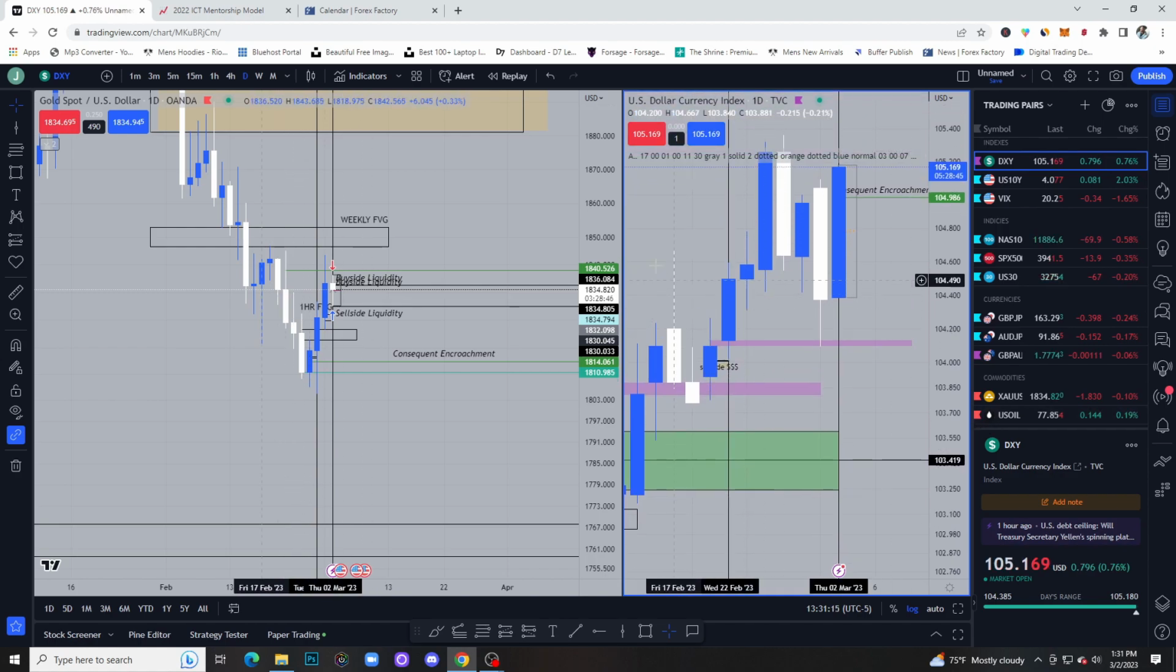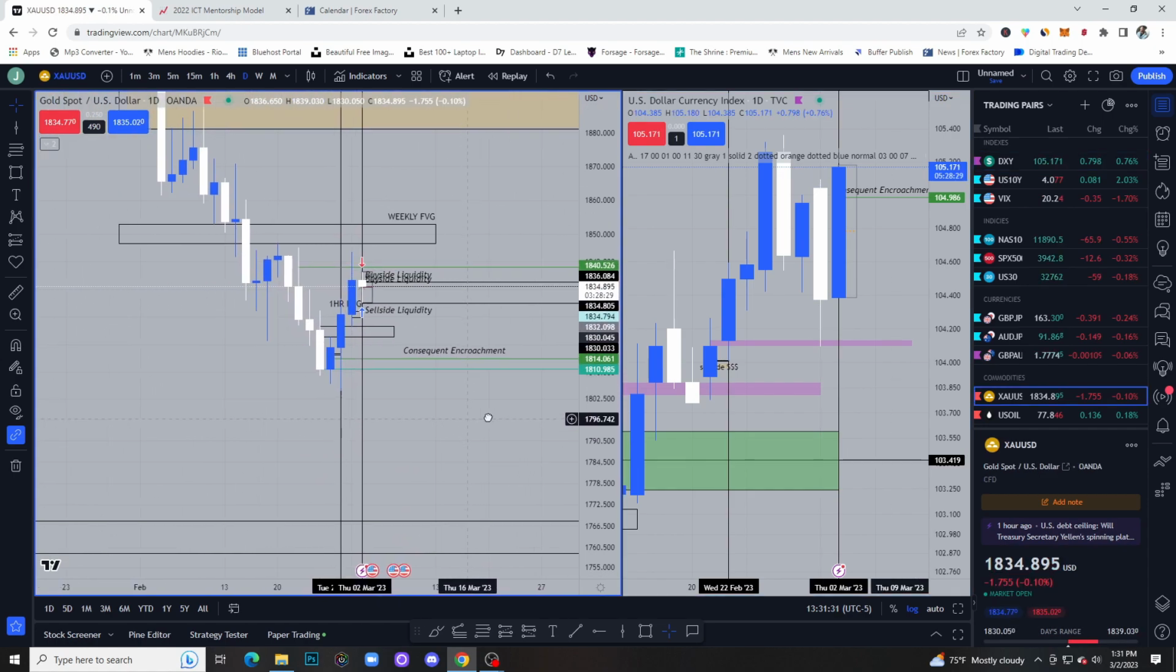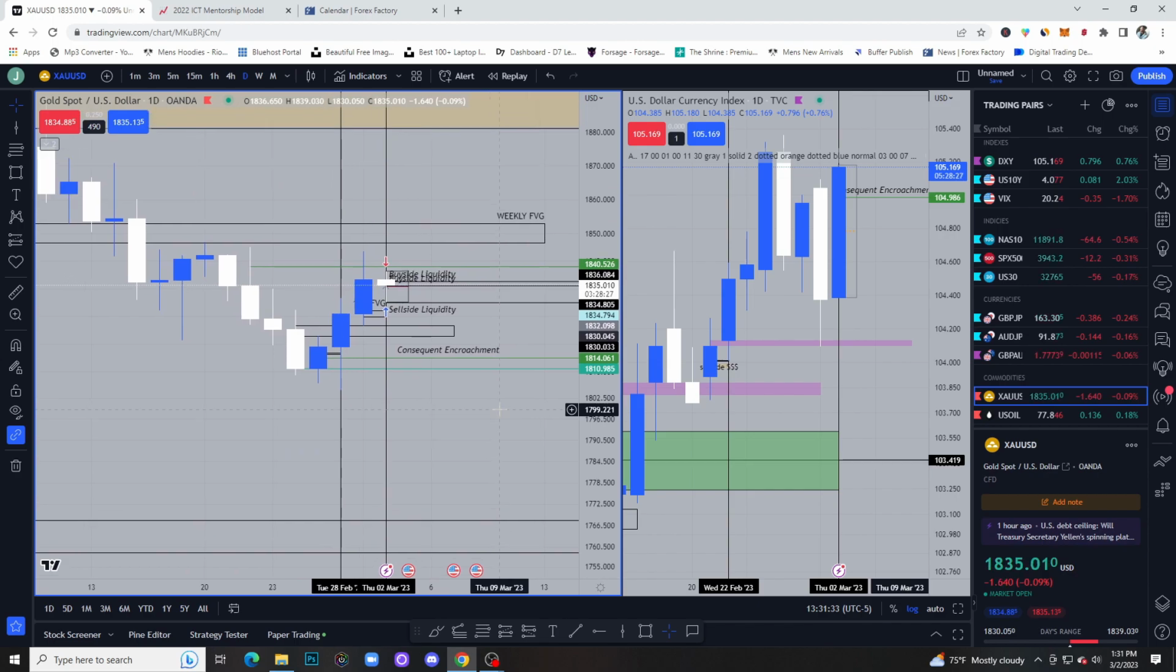So as you can see, this is gold, but this is the dollar. Note this daily volume imbalance level right here that got tapped into yesterday. As you can see right here, Wednesday the 1st, we actually on gold. Now we're looking at gold. So on the daily here, on gold,